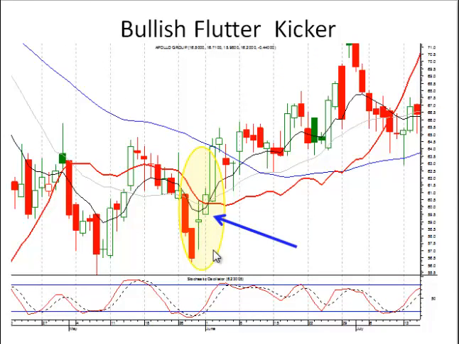The flutter kicker is easily identified by that gap up. Notice how they gapped us up above the previous day's open. Now you had a lot of swing in here. Most investors wouldn't know what to do with that. A candlestick investor knows that if this finishes up as a doji, we want to be ready to buy on positive trading. And if you bought this on a positive open anticipating a kicker signal, we just have a very simple confirmation that we're in an uptrend by seeing that they open up positive the next day and start taking it positive.